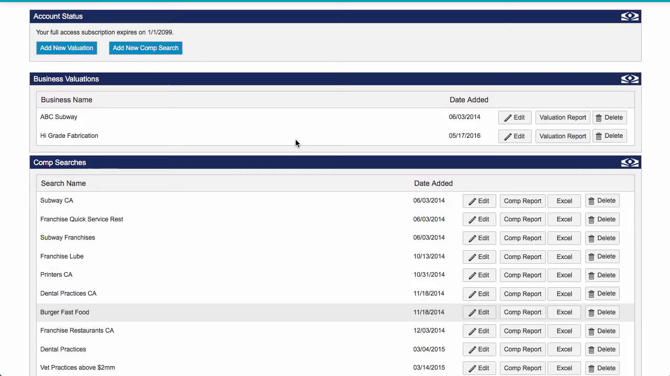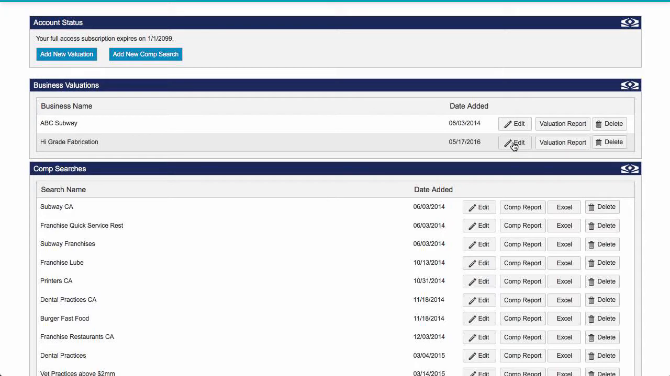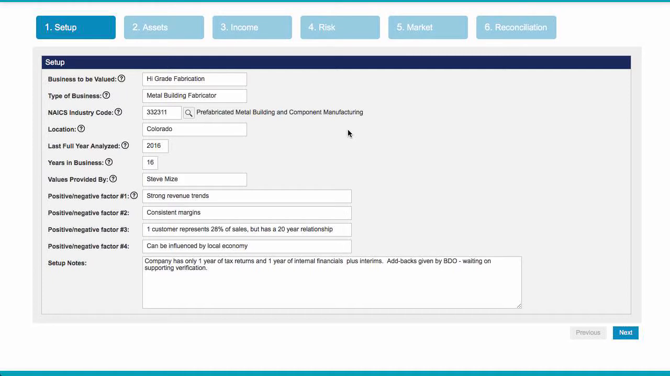For the business valuations, you have two areas to start a valuation. One is to the top left where it says add new valuation. The other is to edit an existing valuation. In this case, we're going to be editing an existing valuation only because we don't have to add in the numbers. We're going to go ahead and click Edit an existing valuation, and that's going to take us to step 1 of 6. Step 1 is the setup area, and in this particular case, it's focused primarily on the